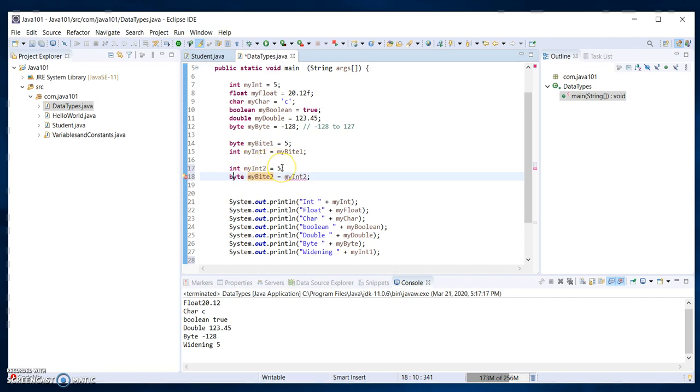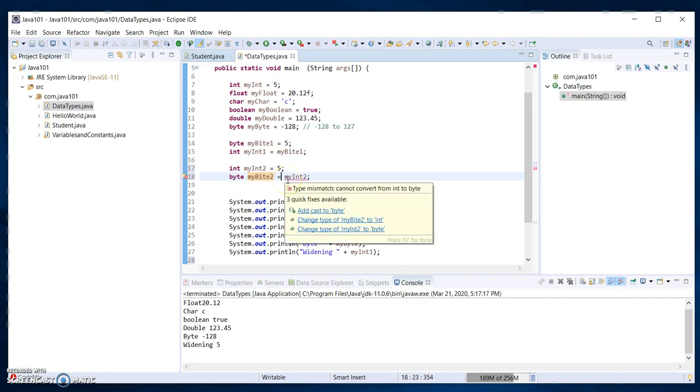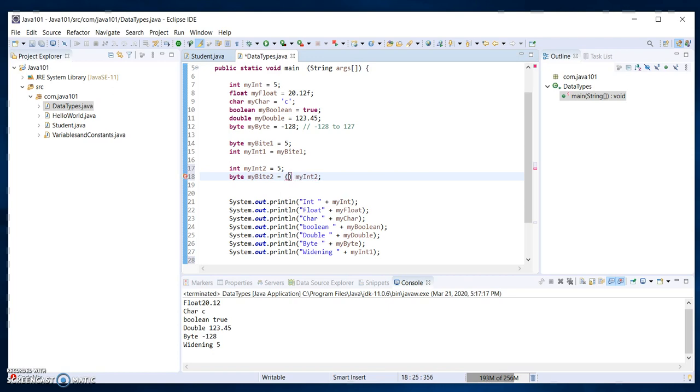So 5 falls within the range, but because 5 is defined as an integer type, so we cannot just assign one data type to other data type when it is narrowing. Okay, so এই ক্ষেত্রে আমি যদি সেই ভ্যালুটা অ্যাসাইন করতে চাই আমাকে explicit casting করতে হবে, and I'm going to